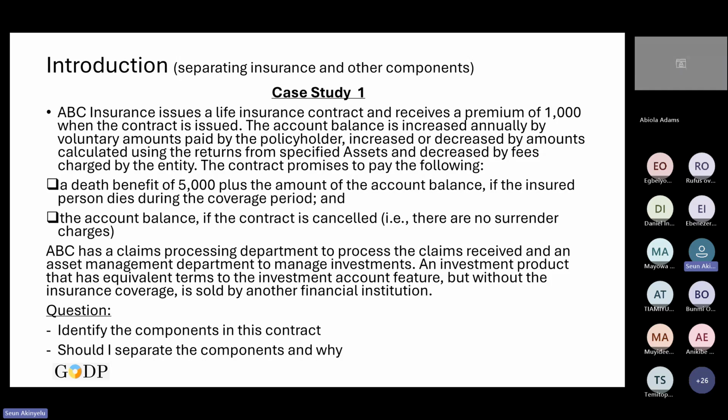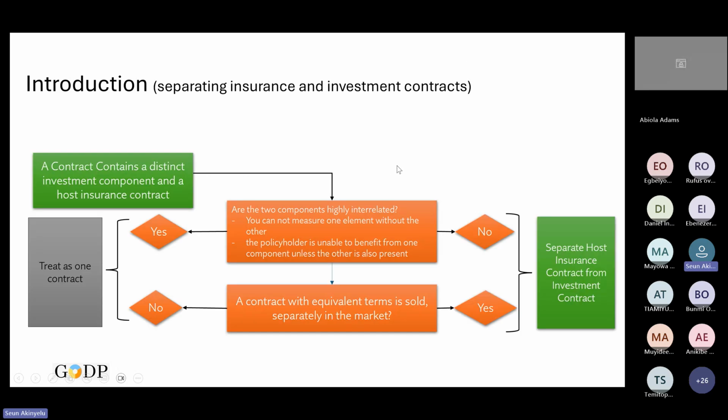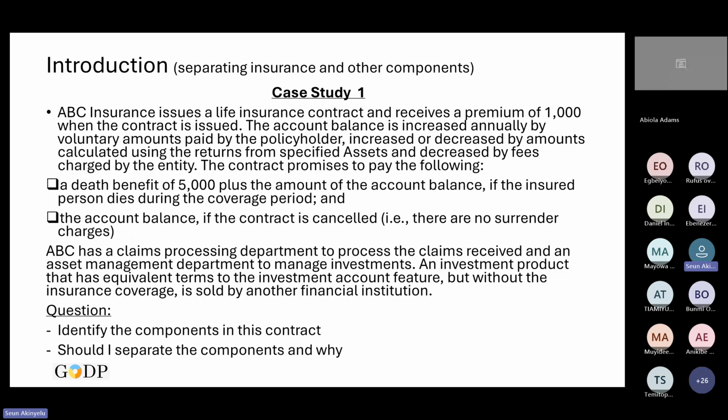So if I look at the first parameter that we added here, we cannot get the benefits of that thing I just showed you. You can't get it separately. You can't say, oh, I want to pick up the account balance, I want to actually take the increase or reduction on the returns, I want to collect it. No, you can't, based on what I just showed you. You can't take the returns separately until the person actually dies.